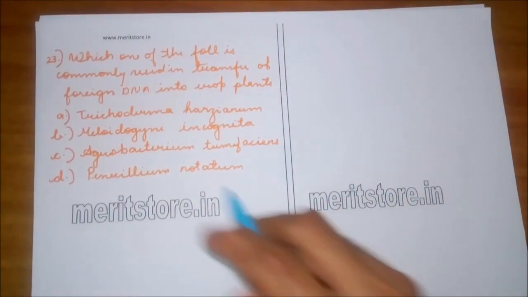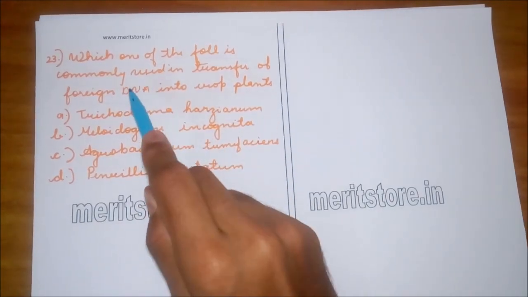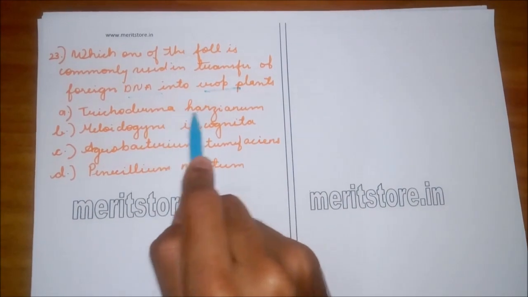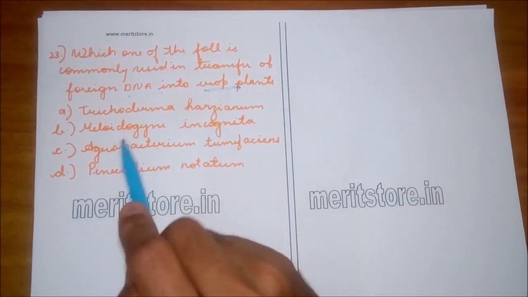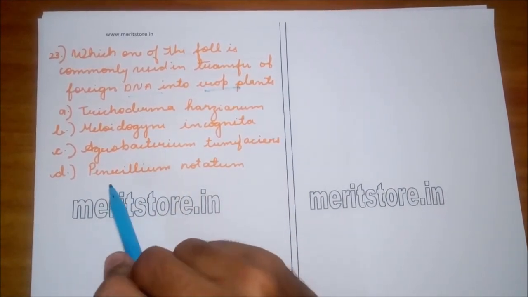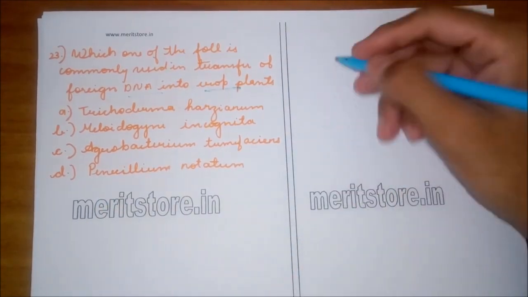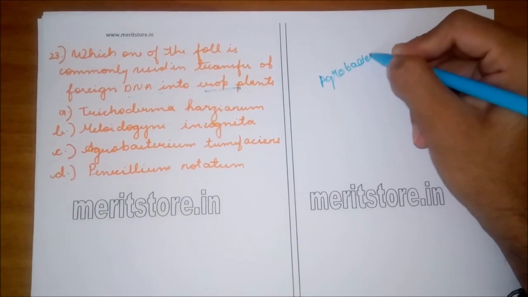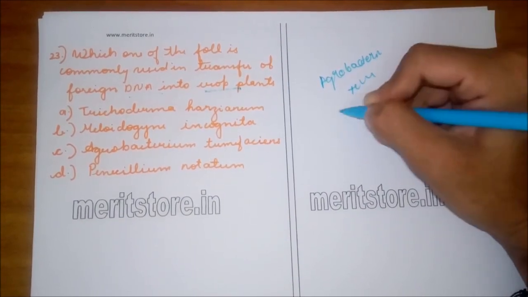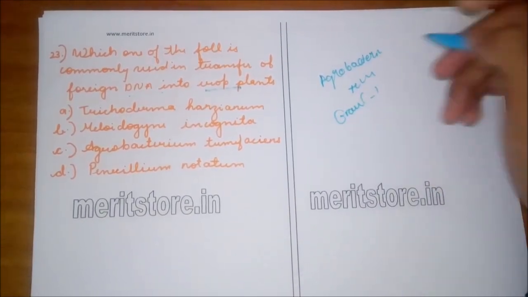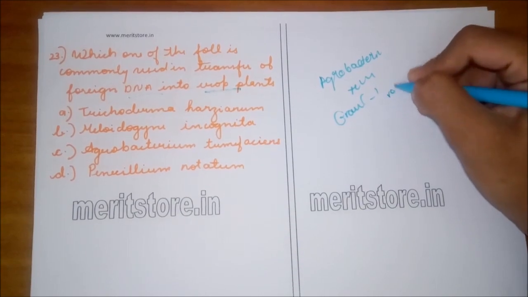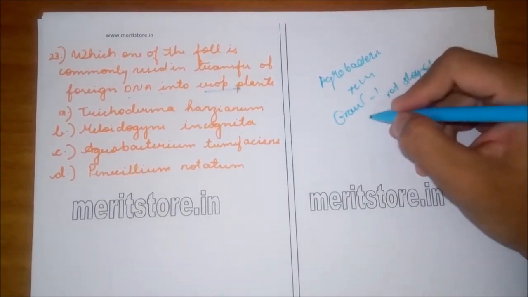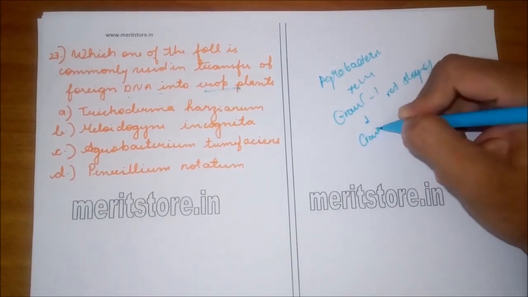Question number 23, which states: which one of the following is commonly used in transfer of foreign DNA into the crop plants? Trichoderma harzianum, Meloidogyne incognita, Agrobacterium tumefaciens and Penicillium notatum. For it is pure information that Agrobacterium tumefaciens is a gram-negative bacteria which is rod-shaped. It is a rod-shaped gram-negative bacteria which causes crown gall disease